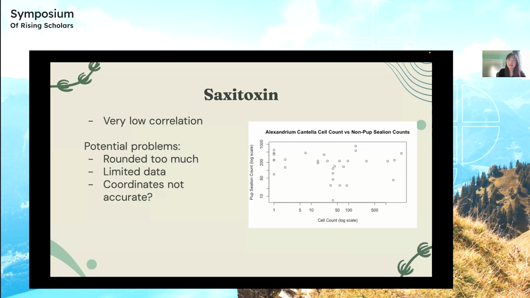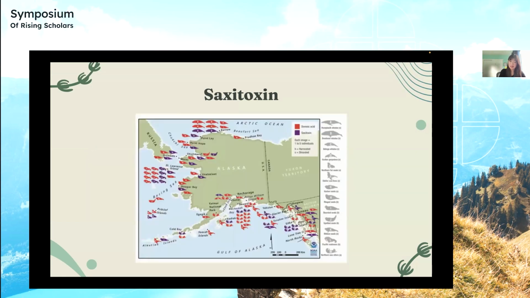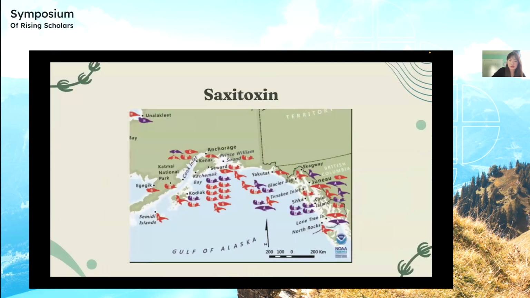However, I think another reason that my saxitoxin data could have been inconclusive is, if we look at this map, I studied the southern coast of Alaska and also northern Canada right about here. And if I zoom in a little bit, we can see that the red represents the mammals affected by domoic acid in the same area, while the purple represents the mammals affected by saxitoxin. And since they're very mixed around, I think that this could have meant that domoic acid was causing the change in sea lion populations instead of